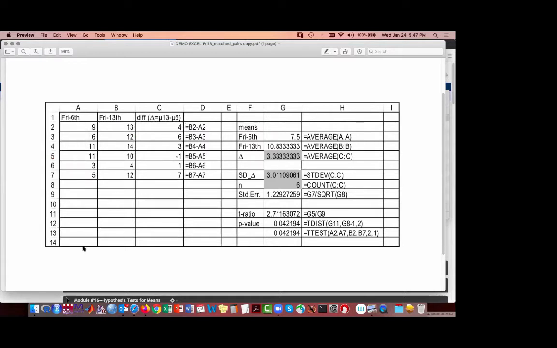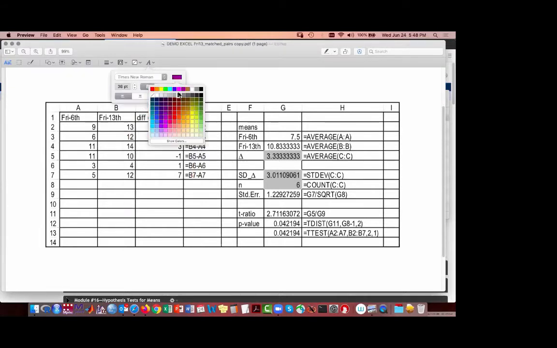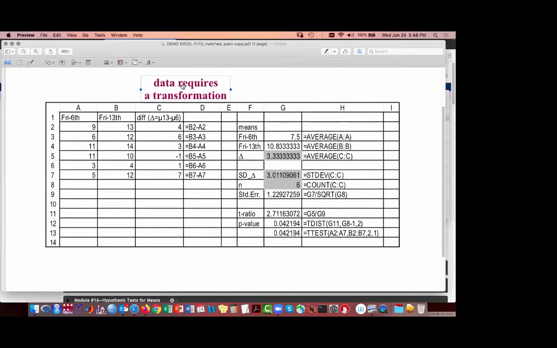So if you have more rows in your data, you would just copy down even further. Okay? But now, here we have the information that we started with, but in truth, we're actually working with only one data set. So what we say in this context is that the data requires a transformation. That transformation is what we've seen here. We've essentially taken two paired values and converted them into just one value.